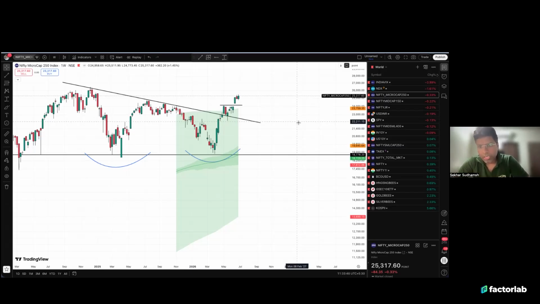But the stocks which are initially doing well in a good bull market, even when the markets are sideways, are starting to do well. And if I identify the initial stocks that are doing really well and continue to hold them, when the bull market comes, I think we'll be in a much better position to catch the two baggers or three baggers. That is the process that we are in, and I think we've identified a couple of good stocks in our dual momentum strategy, and we're continuing to hold them, and hopeful to ride them in the coming months and weeks. Yeah, that is briefly about the market cap breadth.